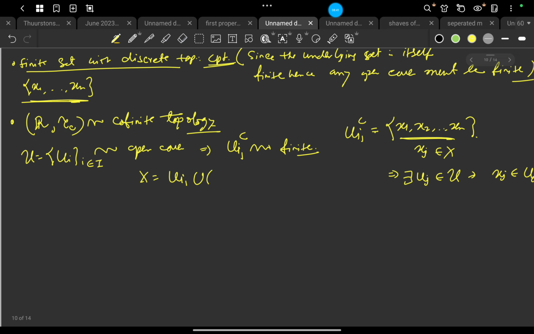Then you take the union with the entire union of j equals 1 to n of Uj. So ultimately it is finite. All right, so the finite subcover which is getting associated over there is basically U_i1, U1, and so on up to Un. This is a finite subcover. Okay, this works as a finite subcover.